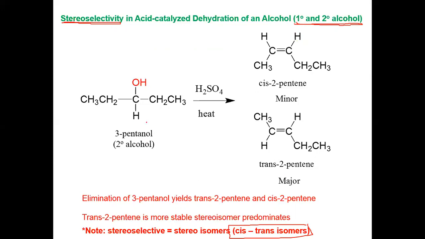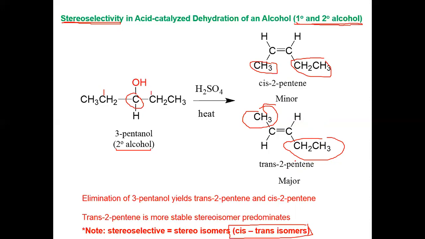Okay, so this is the example of your alcohol. So this is your C, this is one C, this is the second C. So this is the secondary alcohol. React with acid with heat, so dia boleh convert menjadi cis 2-pentene as a minor product ataupun trans 2-pentene as a major. So this is a cis, this is a trans. Same compound 2-pentene but at different